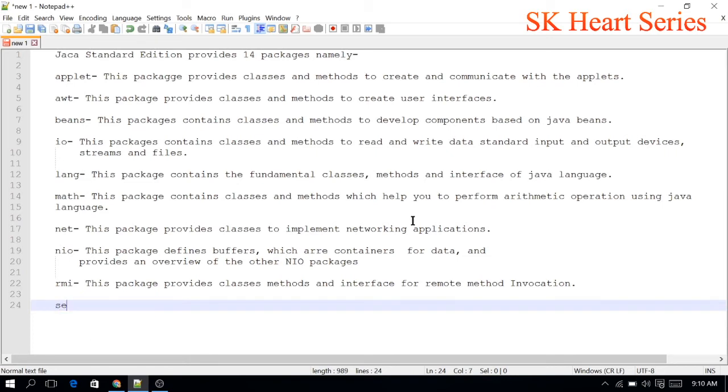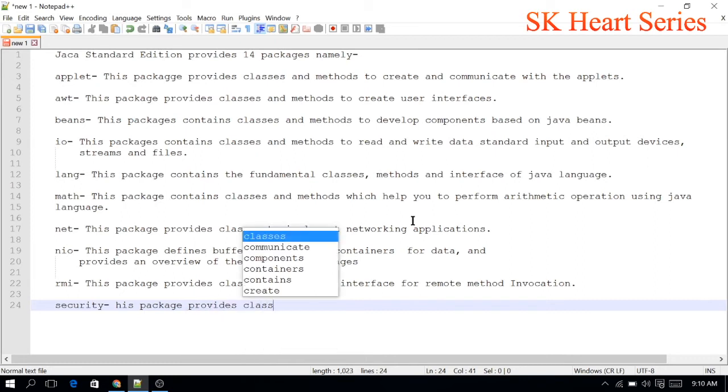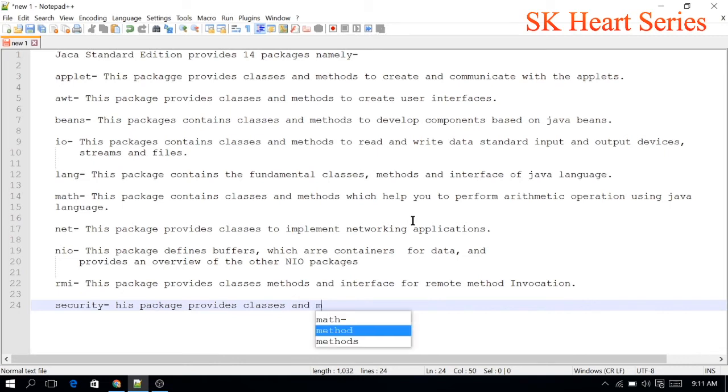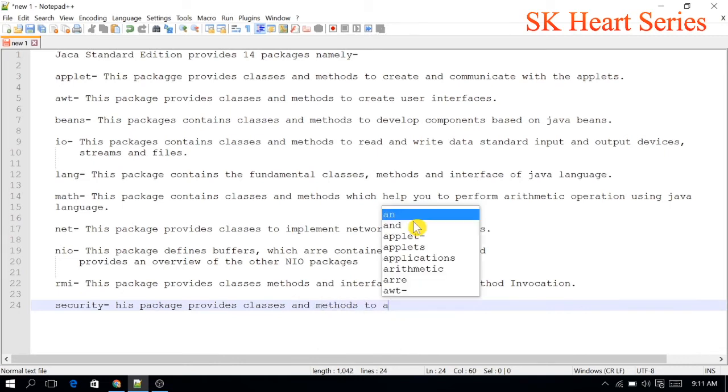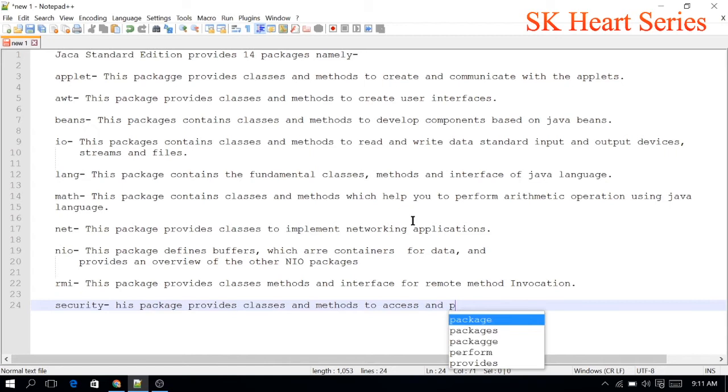We will see these packages in detail in the next sessions. We will create one playlist on Java. From installing the JDK, how to download Java, how to set the path, how to fix errors, we will see in the previous video. If you have not seen it, then see that video first.